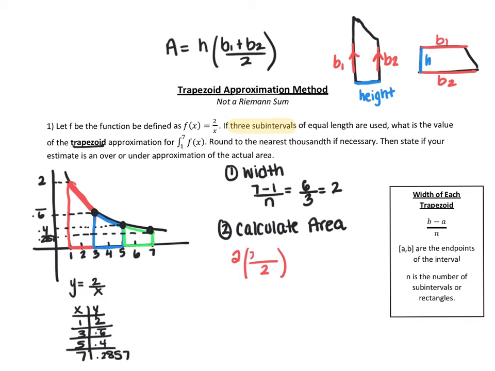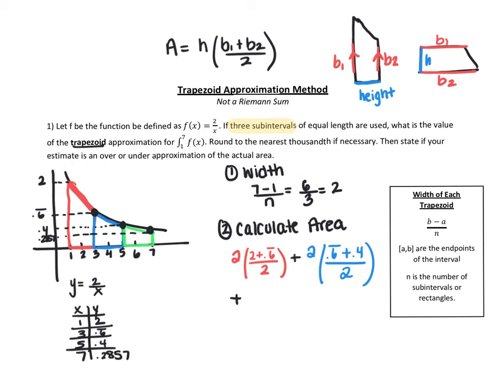So 2 plus 0.6 repeated. Now we're going to add that to the trapezoid in blue. The height is 2, so we can go ahead and put the 2 as my height. And then my base 1 will be 0.6 and my base 2 will be 0.4. So 0.6 repeated plus 0.4 divided by 2. And then we're going to add to it my